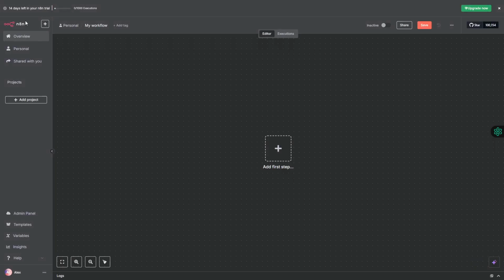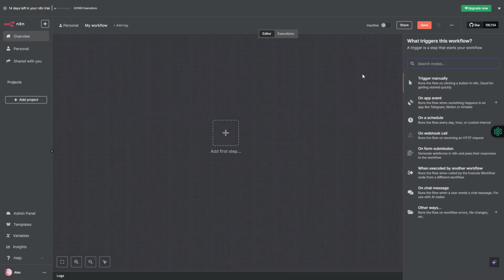And we got our trial, and yeah, so you can add your nodes, you can add your